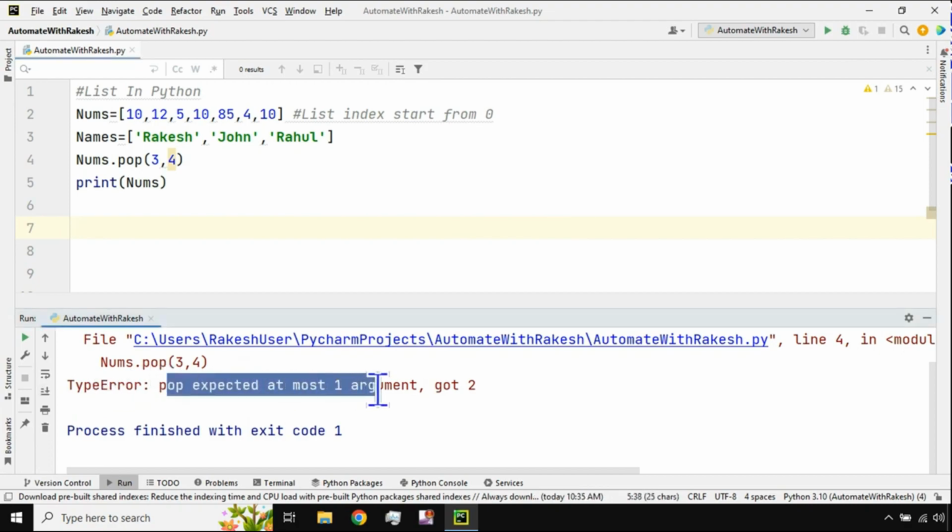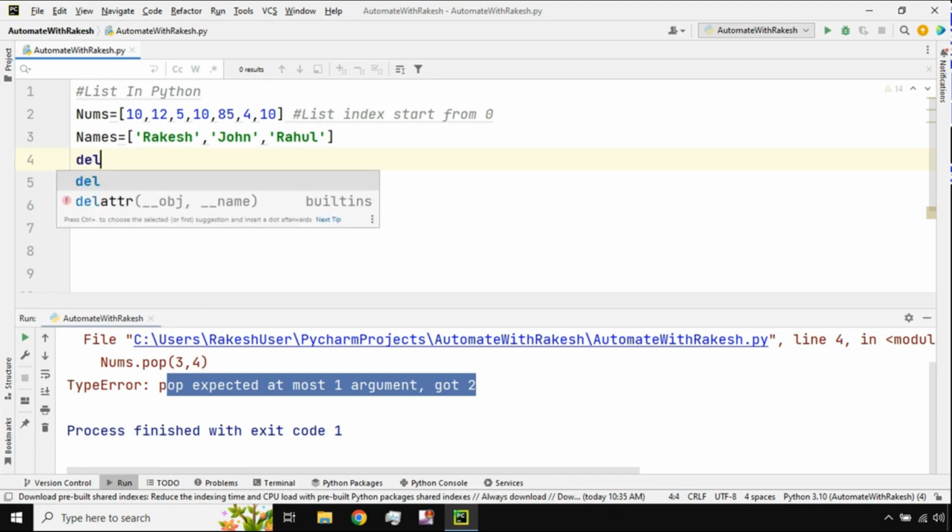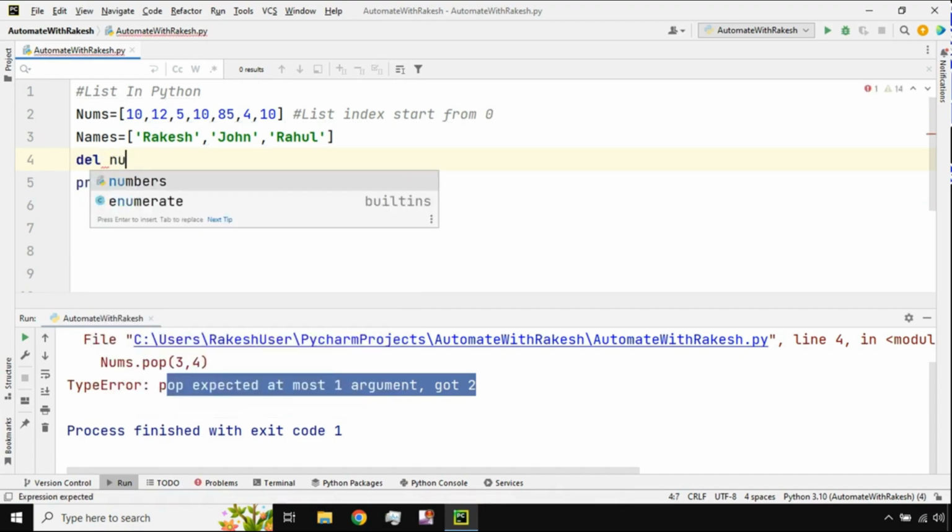Pop expected at most one argument at a time, so it got 2. So you cannot use pop to remove multiple values. To remove multiple values, all you have to use is something called del. Del means deleting, right? So delete from the variable nums,